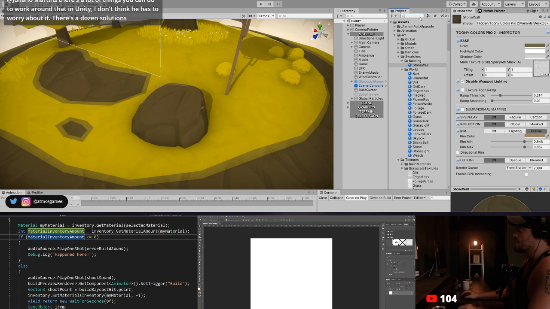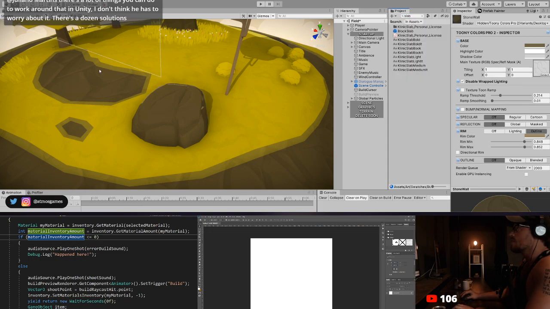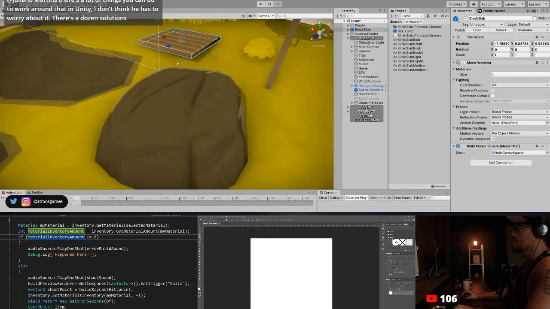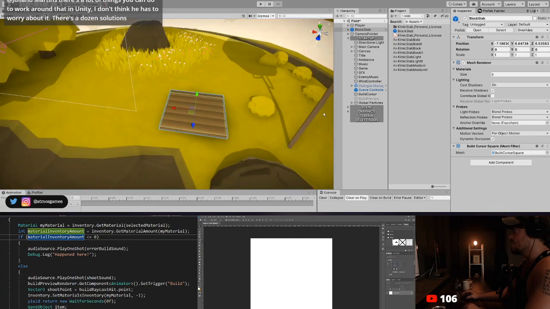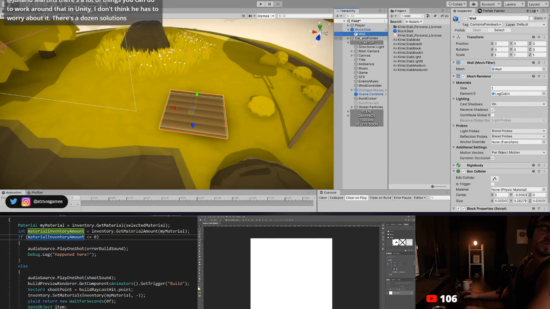So, watch this. If I go to my slab, is it right here? There it is. Okay. This slab here. If I put on it that material,